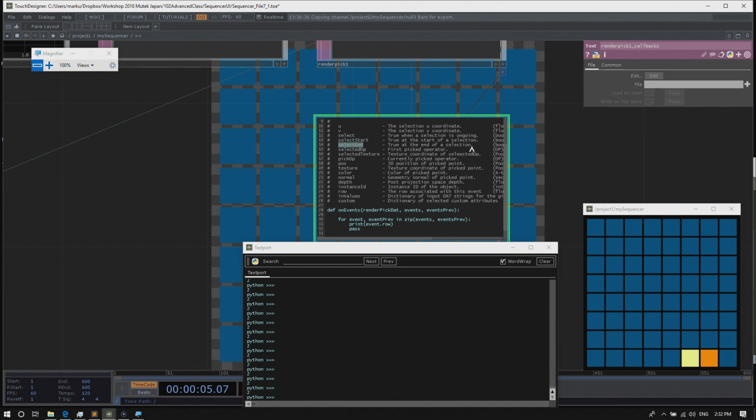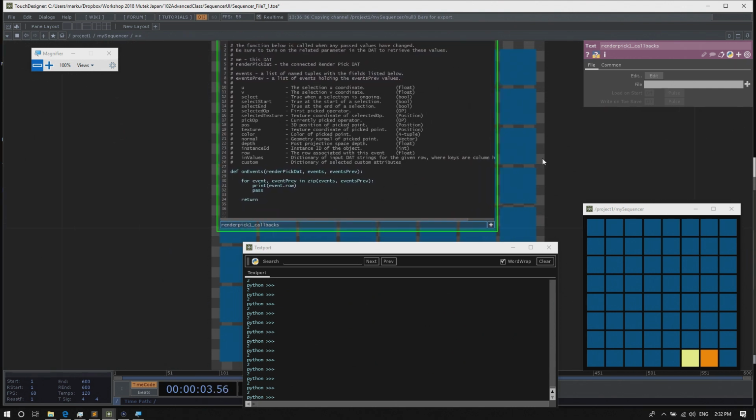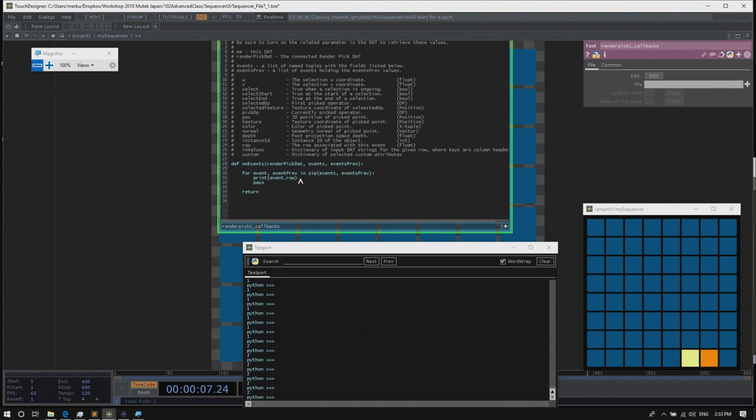Select start is also when you press click, and whenever an event happens, the flag comes back as 1 depending on the row and timing.